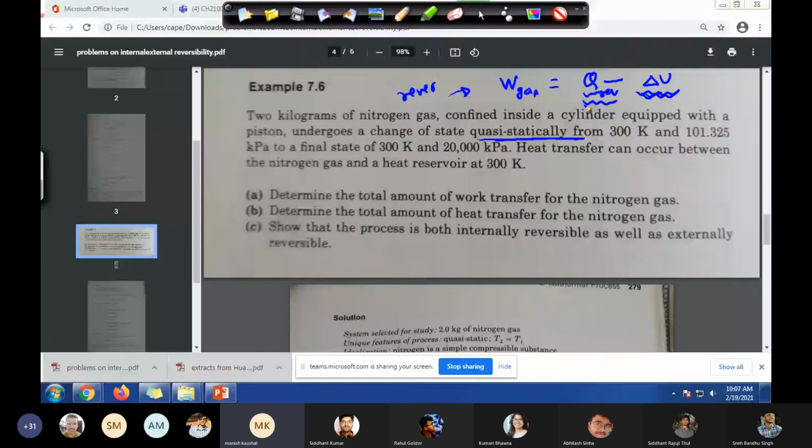Sir, delta U will be 0 as the temperature is constant. Oh, you are making a mistake. It's not an ideal gas. Take a liquid vapor mixture, starting from saturated vapor to saturated liquid. It's not the same. So never make that mistake. We are taking a real gas. So delta U we can calculate from the table.